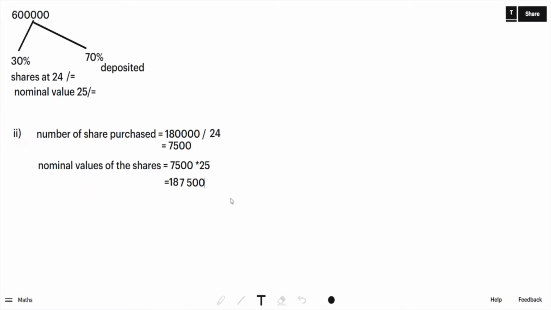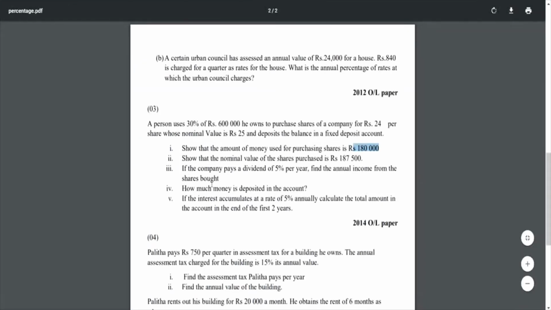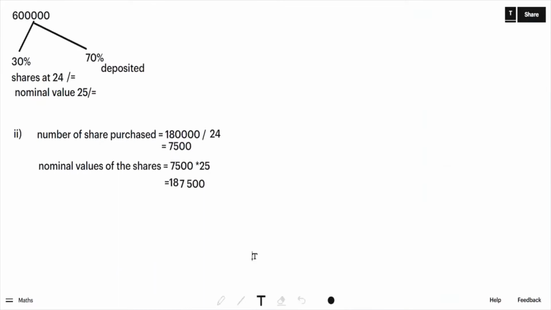This is how you show the nominal value of the shares. First find out the number of shares he purchased and then multiply that number by the nominal value of each share. In the third part, they are asking us to find the dividend. If the company pays 5% per year as dividend, they are asking for the annual income from the shares bought. The dividend is paid on the nominal value of the shares. From the previous question we found that the nominal value of the shares is 187,500. So in order to find the dividend from the shares he bought annually,